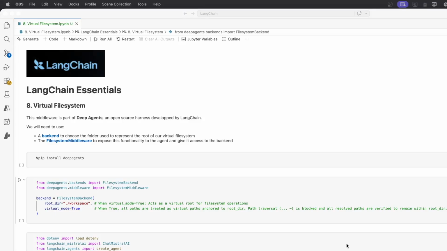The last middleware I wanted to show you is the virtual file system, and it will give our agent the ability to write files, but also read some existing ones. This is part of Deep Agents, another library created by LangChain, which is an open source harness to develop some